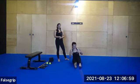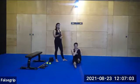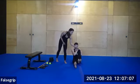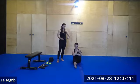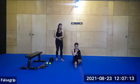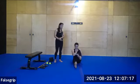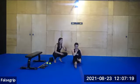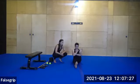Good, so when you're ready, hook that left leg under your left arm, lock it into place. We're going to start with the knee cuff. So pull the foot towards your shin, externally rotate, so turn the pinky out, and then we're going to start to extend the leg, internally rotate at the top, and bend that leg. Externally rotate at the bottom, extend, internally rotate, bend. Now hold the internal rotation. We're going to extend, holding that rotation, externally rotate at the top, down, internally rotate, extend, externally rotate, and come